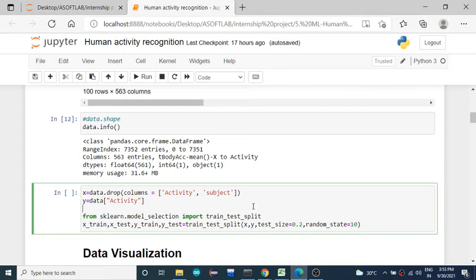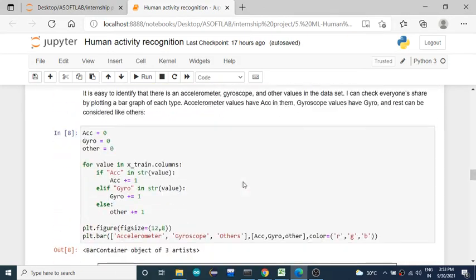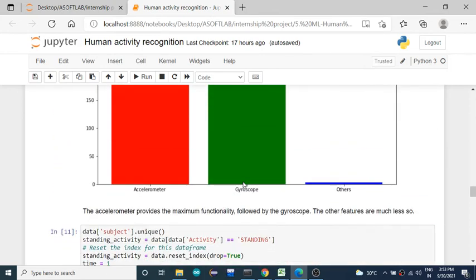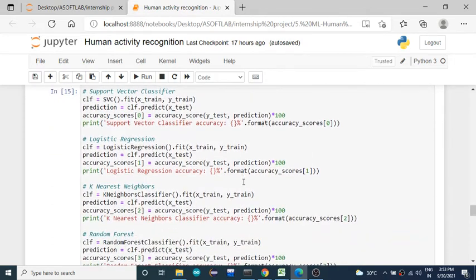For that we import the libraries and implement the algorithms by training them using the training data.